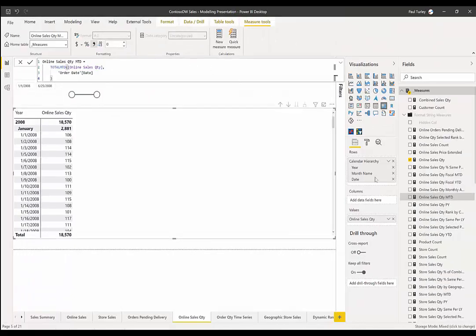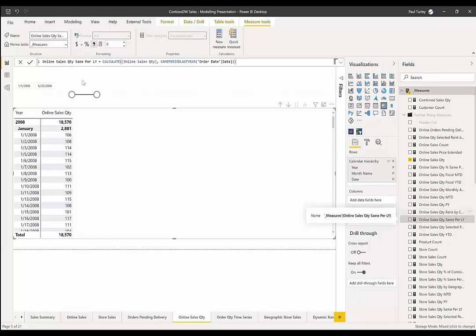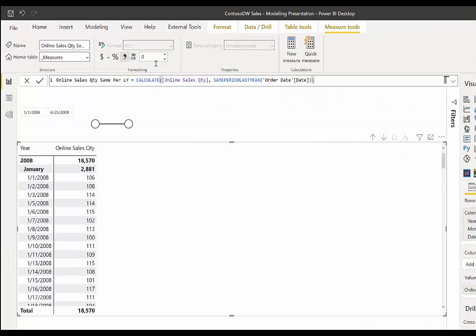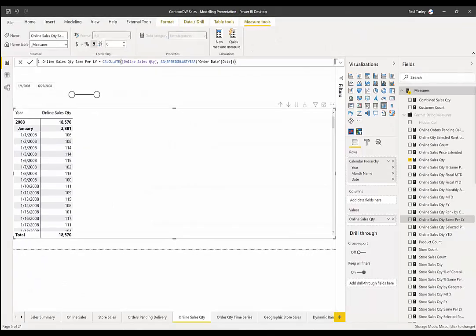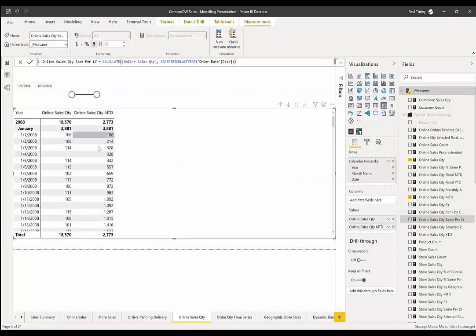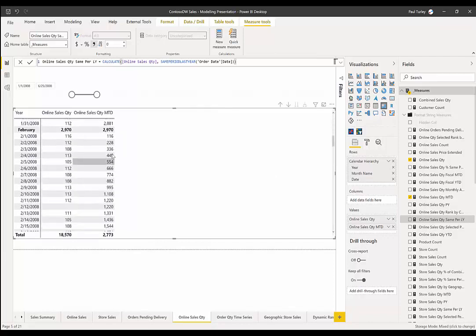I do the same thing with YTD. The code looks exactly the same, except I'm using total YTD, same period last year uses the same period last year function. So I'm simply utilizing the time intelligence functions that are part of DAX. And so if I were to drag and drop the month to date variation, there you would see these same values, but you see that they accumulate over time, and then those accumulations reset at the beginning of each month.